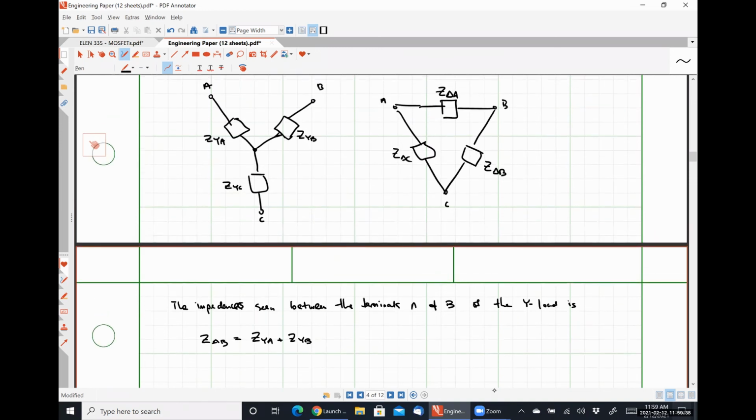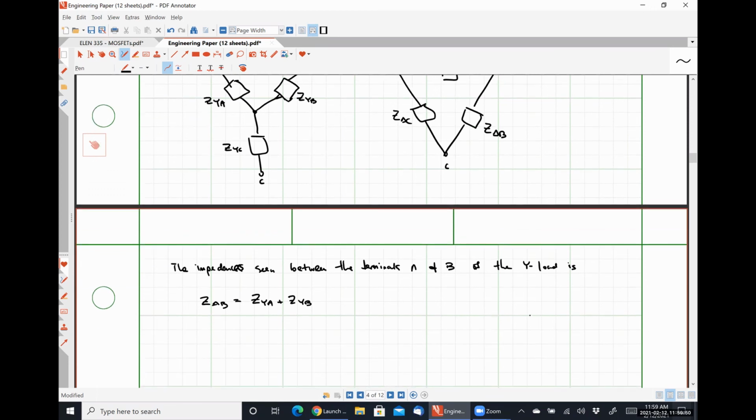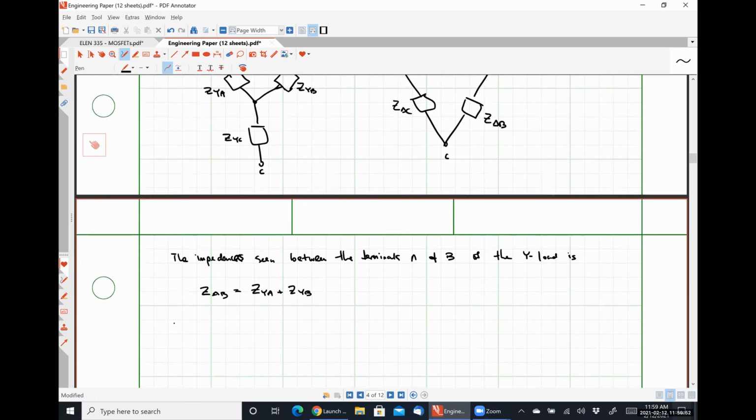ZYA in series with ZYB, right? So if I'm looking between terminals A and B of my Y connected load, I see ZYA in series with ZYB. Nothing too wild or crazy there. And the impedances, or the impedance, I guess,